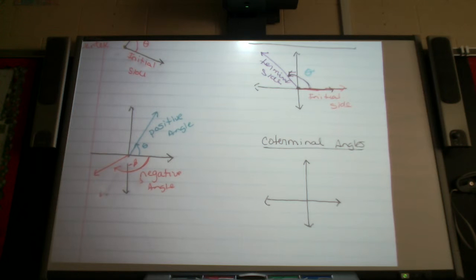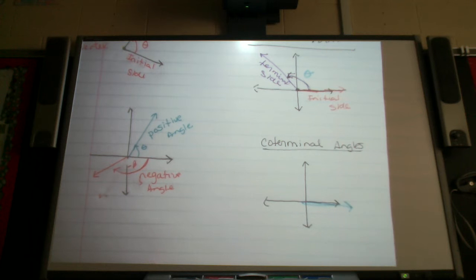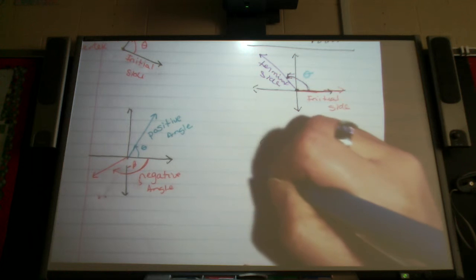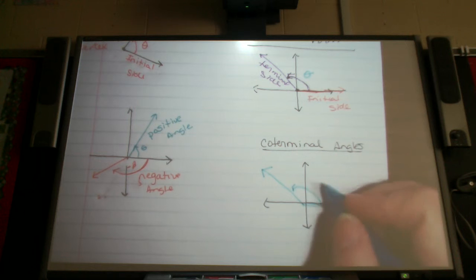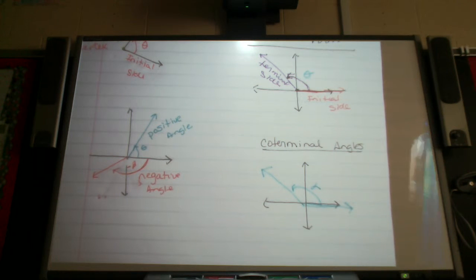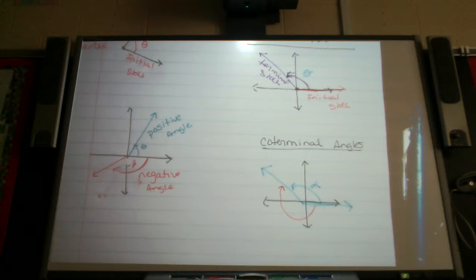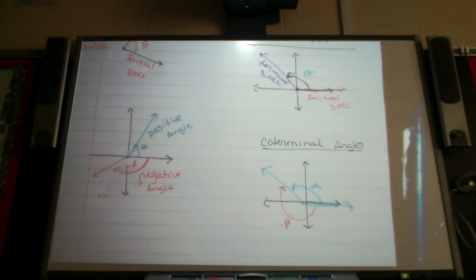Well, it can happen a couple ways. Here's our initial side. I can rotate this way. It's going to put me at that angle, and we'll let that represent, let's just do alpha. And then if we rotate this way, but I still have that same side there, alpha and beta, in this case it's a negative, if it's say negative 100, is going to rotate and have